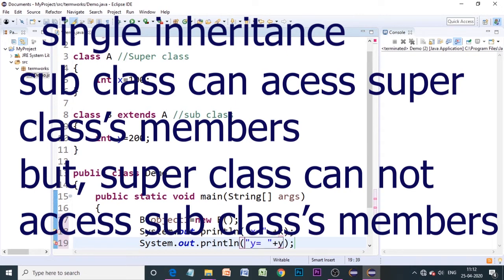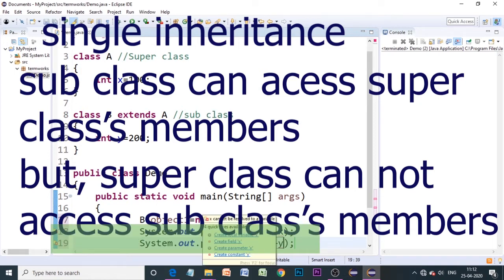You can observe that we are getting warning messages over here: x cannot be resolved to a variable, y cannot be resolved to a variable. Why are we getting these warnings? This is because x belongs to a class, and we have to access that x using the object of the class wherein it is defined, because x is not defined in this demo class.